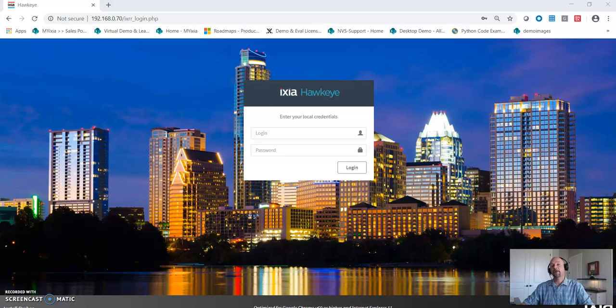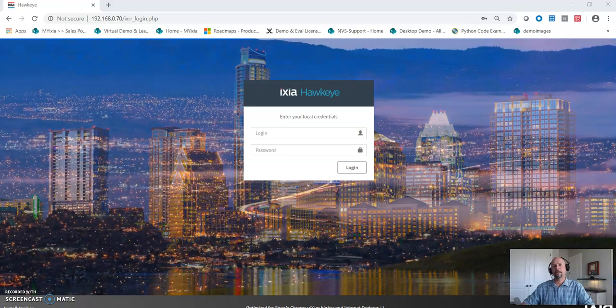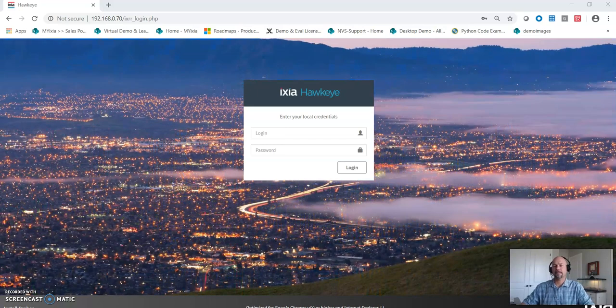In this video, we're going to talk about Hawkeye and adaptive video test and how you set one up, or even why you would set one up. So adaptive video is our way of saying, let's adjust the bitrate midstream as necessary to determine if your network is conducive to